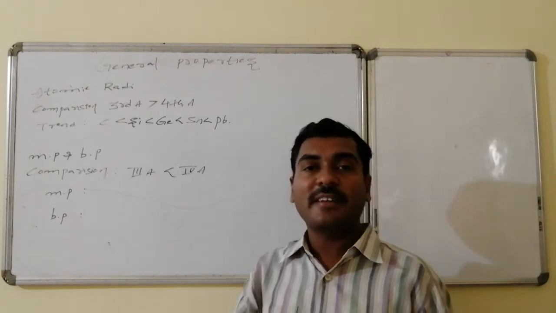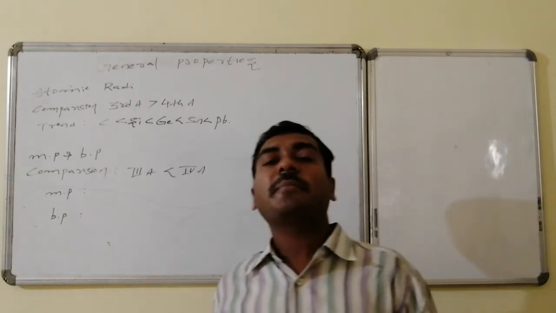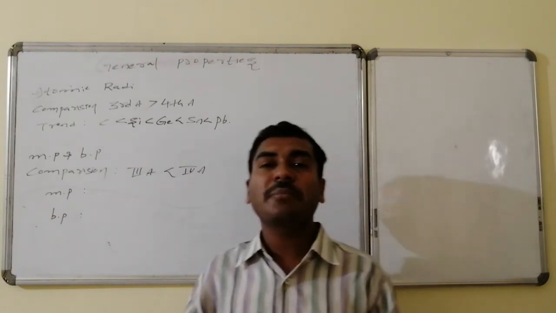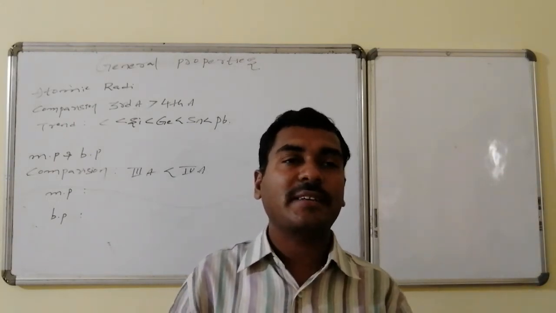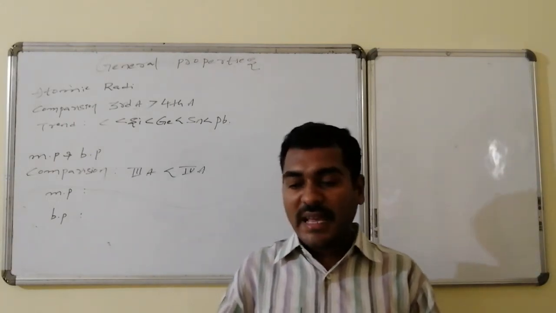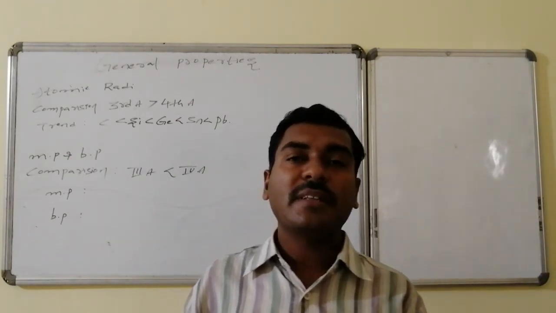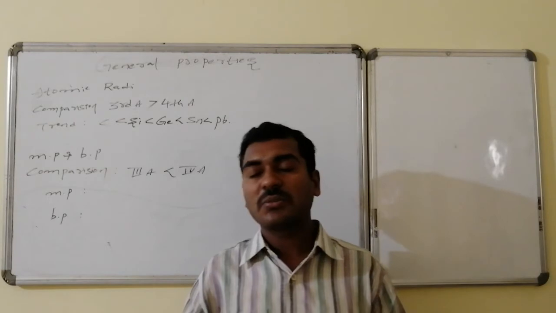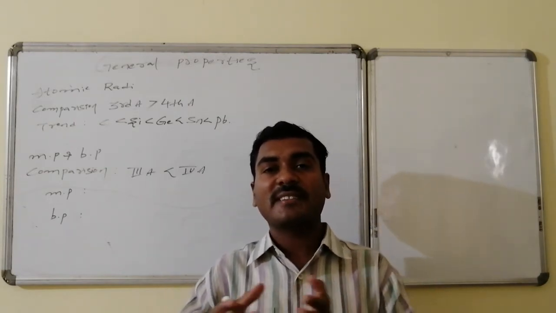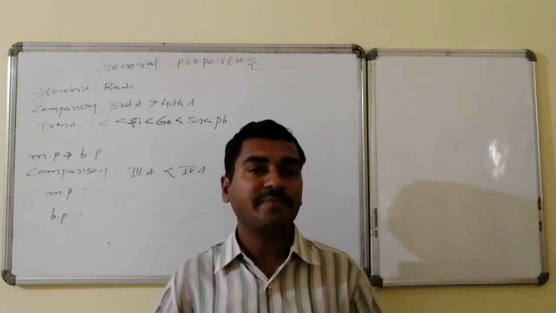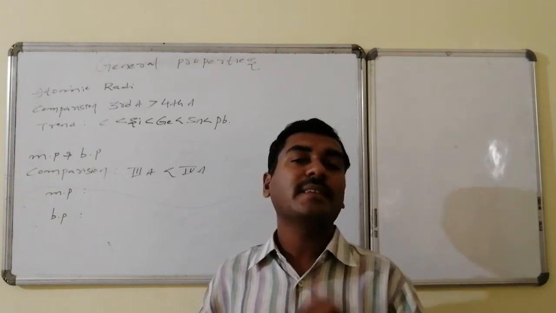Let us go for the trend related to the melting and boiling points, that is melting point. Melting point decreases from top to bottom because, what we said, intermolecular force of attraction is the deciding factor. But as the atom size increases, the strength and capacity between the atoms also goes on decreasing. So therefore this particular intermolecular force of attraction decreases from carbon to lead, and the corresponding melting points and boiling points also fall, that is decrease.